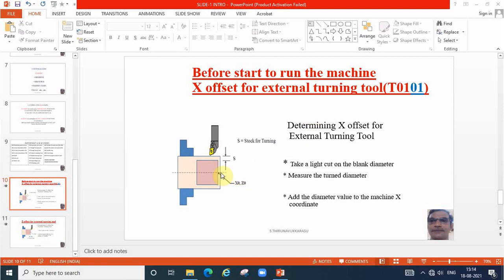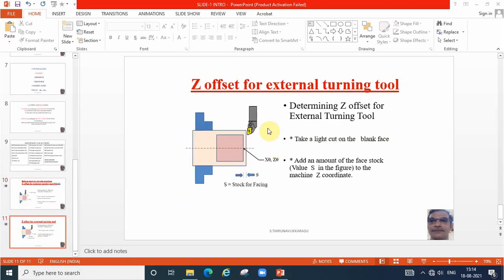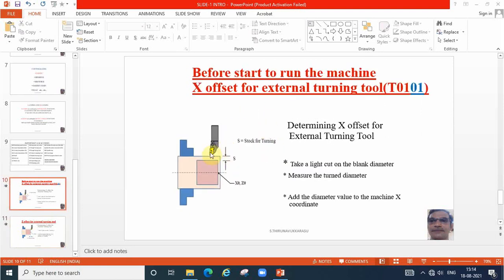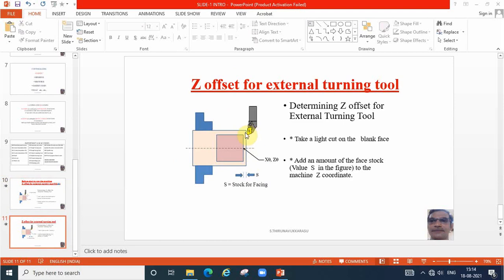After that, we are writing the program. Okay. If the value is Z plus, it will go out. If it is minus Z, it will go inside the workpiece. If it is X plus, it will move up. If it is X minus, it is moving down. Like that we are programming. Okay. So this is the way to take offset, X offset and then Z offset. We can see from this diagram, touching radial side, this is X offset. The next slide, touching facing side, entering the values, that is Z offset. Clear?